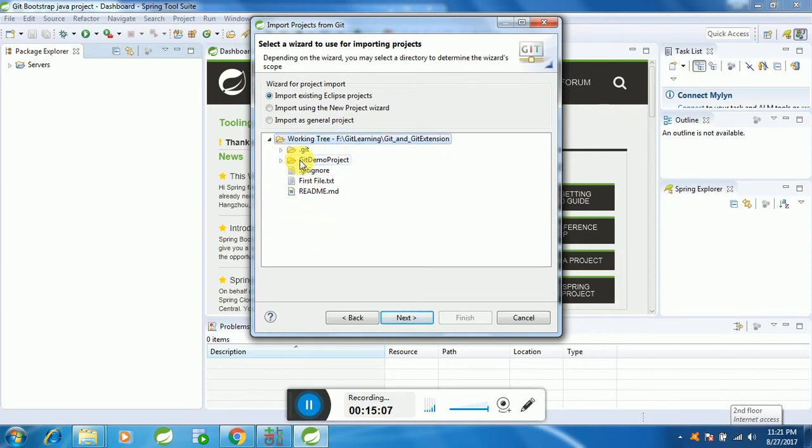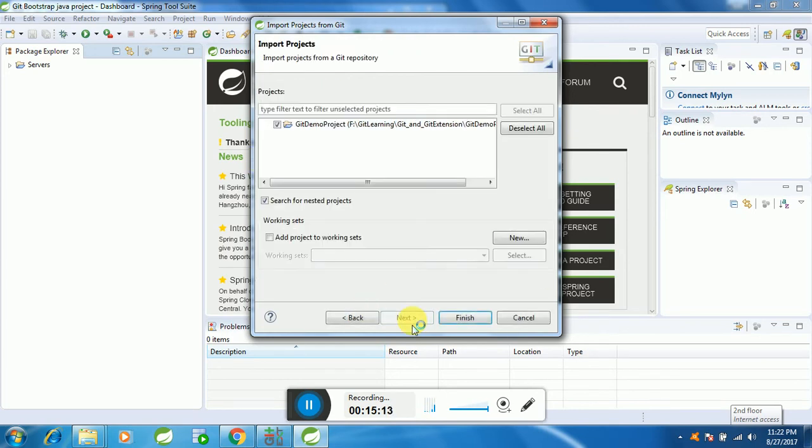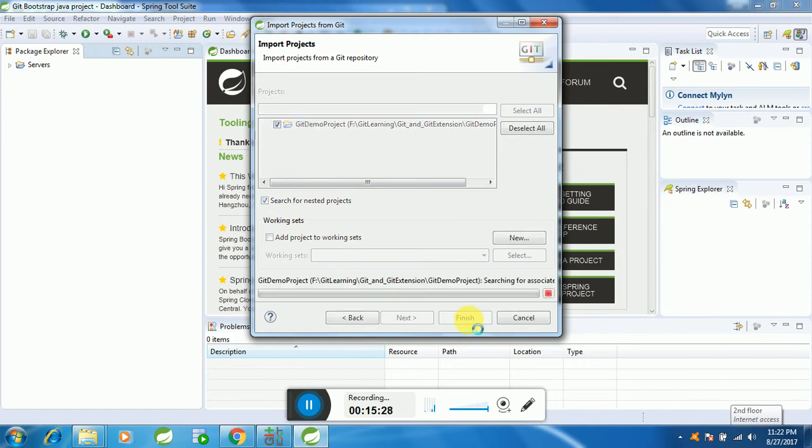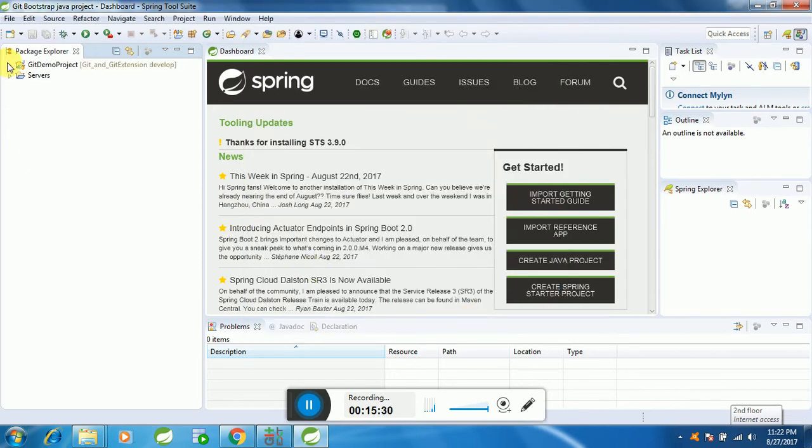So right now we have only one project, so it's not showing any checkboxes. Go to next. Yeah, we got this checkbox here. So if you have multiple projects, like Java projects, you will get the whole list of projects. So whatever project you want to add to your personal workspace, you can check it and you will get it in your personal workspace. Yeah, so right now we got our blank project because we didn't add any code,